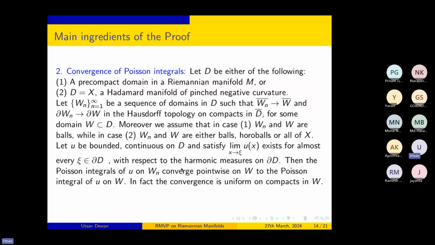So just as an L infinity function, the Poisson integral makes sense. Actually, it's continuous, but okay. So